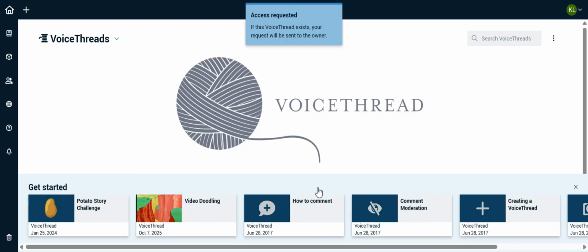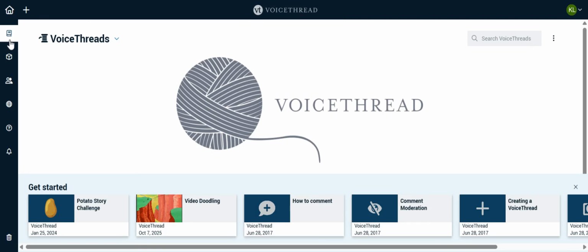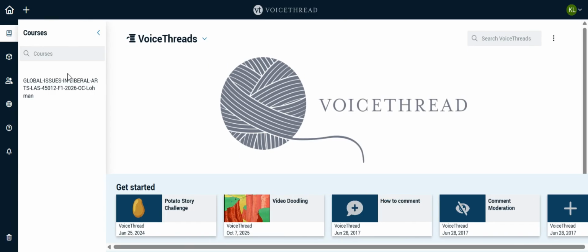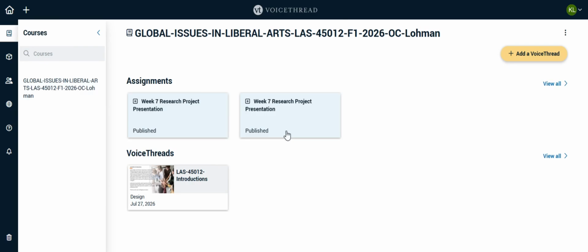That way, if you want to edit your own video later on or edit a comment that you make on someone else's video, you have that opportunity. And then just request access, and it's going to take you to the main page of VoiceThread. From there, you're going to click on the textbook icon, which is directly over the home page. You're going to click on our course, Global Studies, and you'll see your project presentations here,